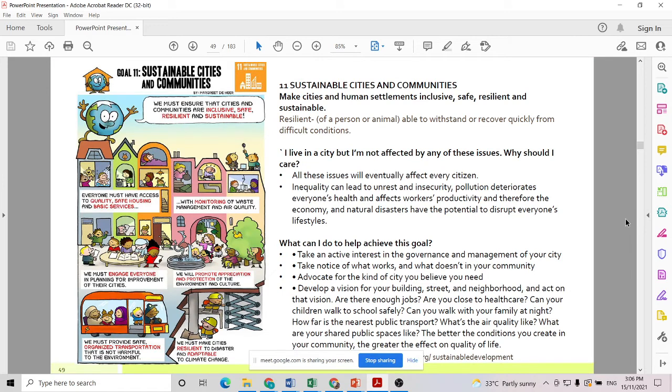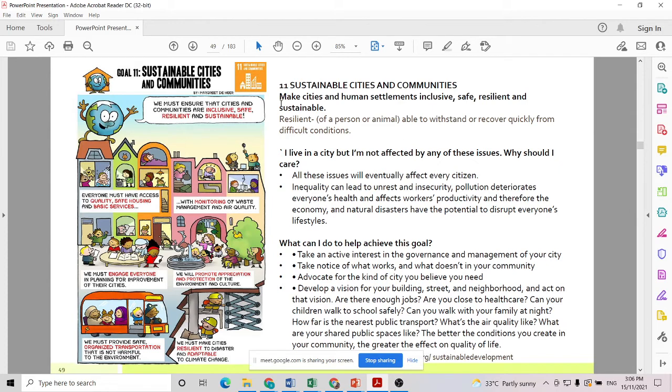Number 11, sustainable city and community. So this is the thing that you need to ensure after you graduate. You want to find your own house, so it's better for you to search for more sustainable cities, because currently the developers are more towards the sustainable, the renewable, and also the greener cities. The developers will develop a better, greener and also sustainable city.